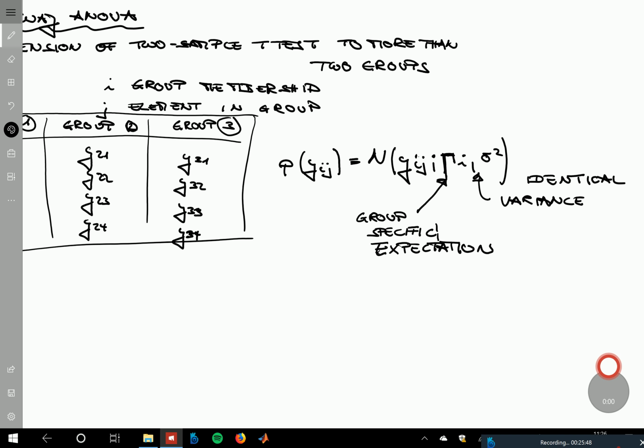So what this says is that the ijth data point has a normal distribution, the expectation of which depends on the group, namely on I. The variance is the same for all of them. So this is the first kind of assumption that one puts into a one-way ANOVA